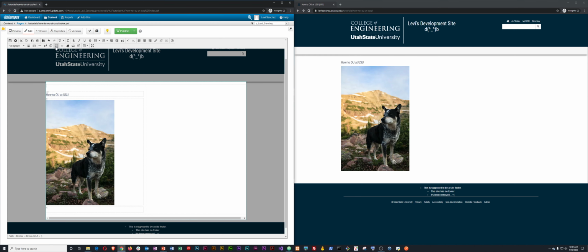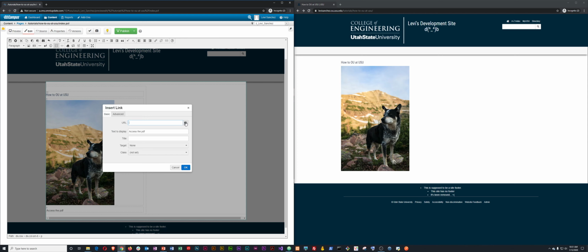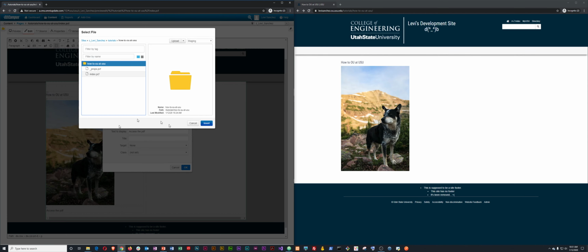If I needed to add a link to text, well, first I'll have to add some text. I can go to show blocks again. I have this paragraph tag. I'll add this text of access the PDF. And then what I'll do is I'll highlight that. And again, I could come up here or I can just right click, insert edit link, and add that URL, again, that dependency tag,